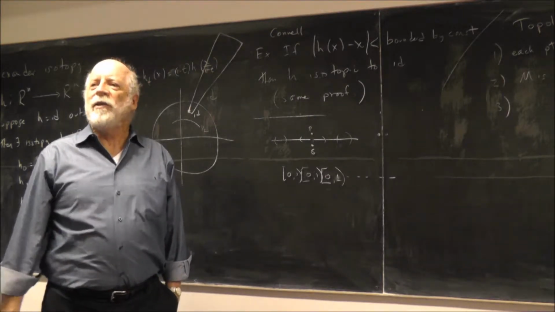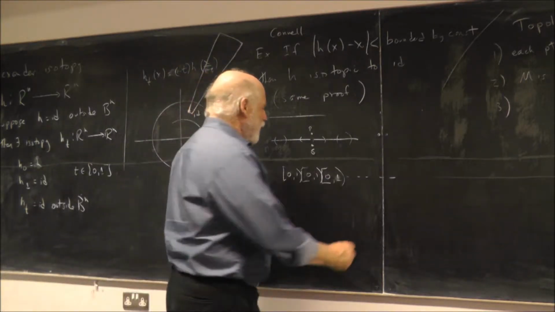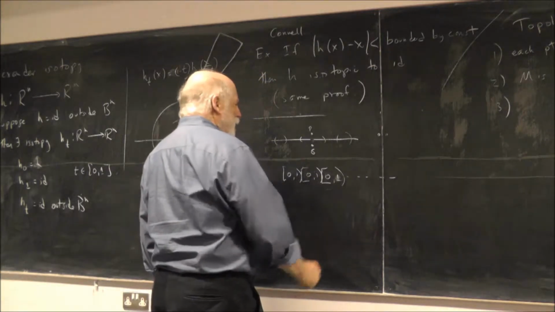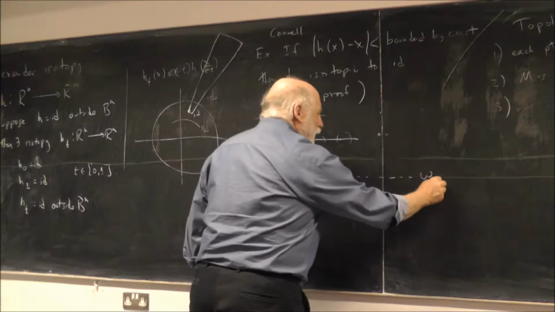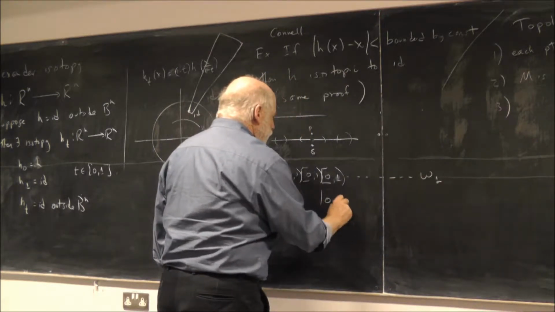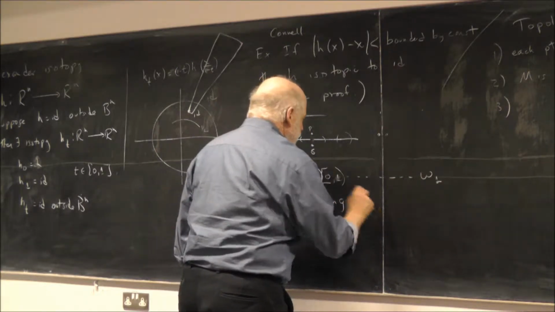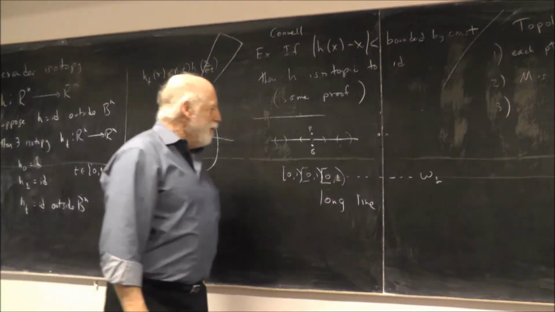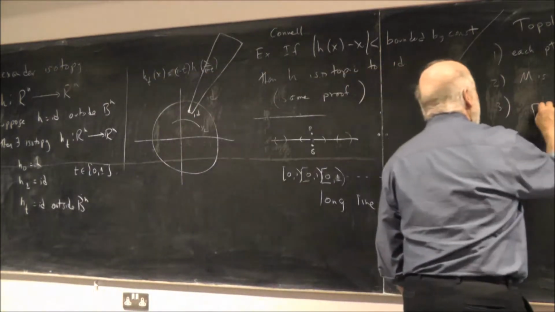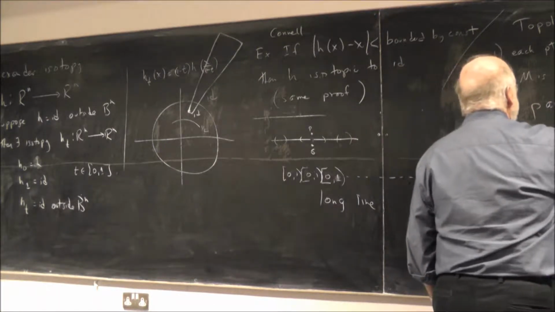I forget the ordinals. Omega 1. Yeah, up to omega 1 there. I forget what they're called. So this is called the long line. And it's too long. It's just too long. So we avoid that. And that's avoided by paracompactness,